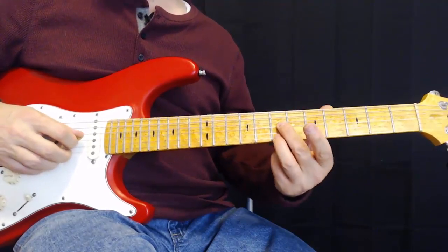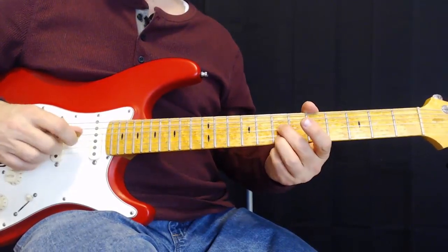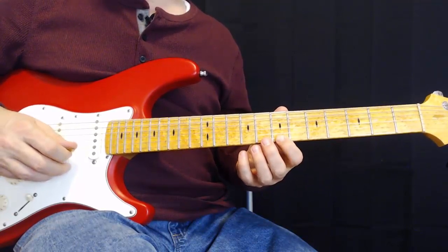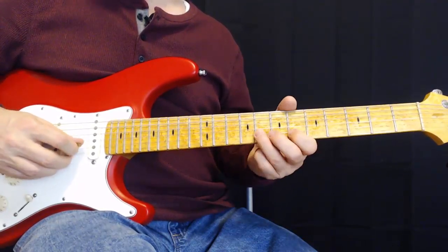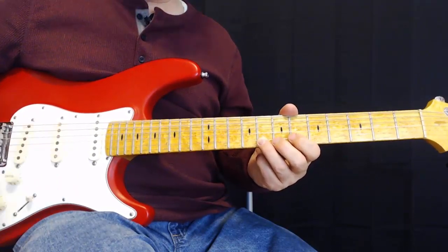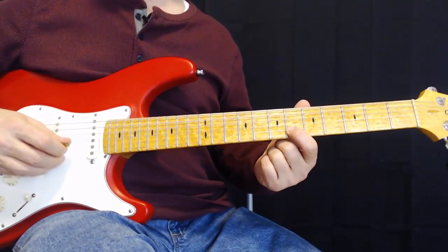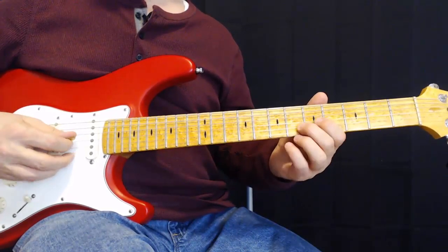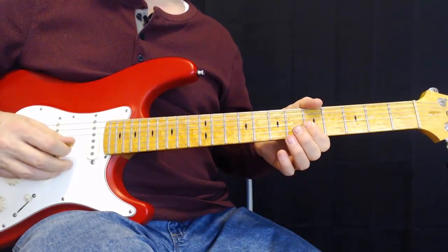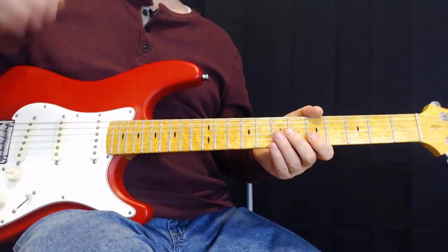Now I play a double stop here again. This one is on the third string 7, first string 7. But you really just have to play this note if you want. Okay? And sustain that as long as you want. It kind of bleeds into the end part, which is